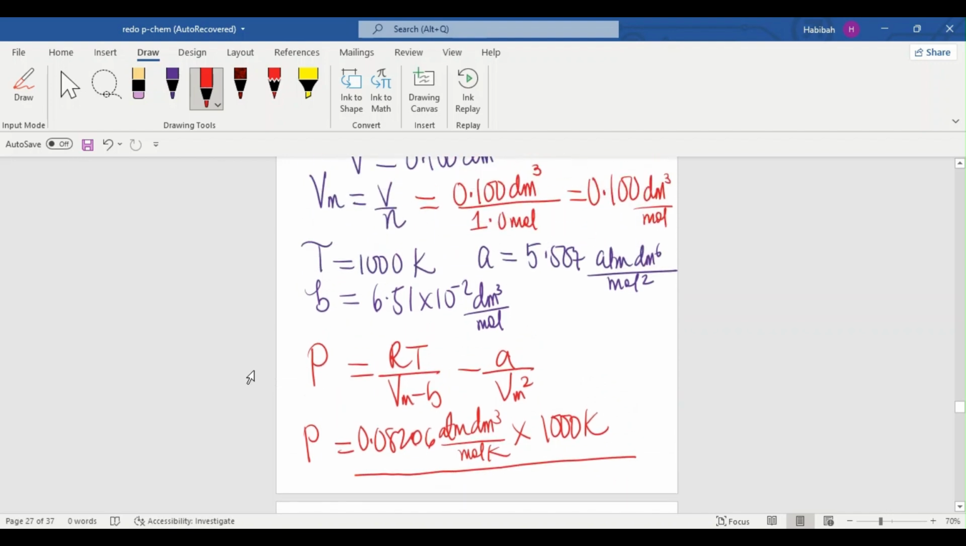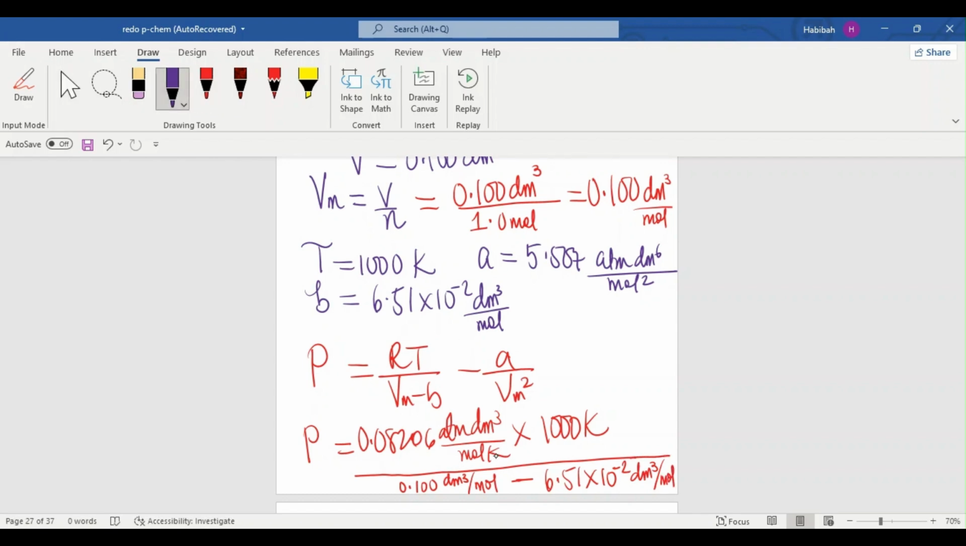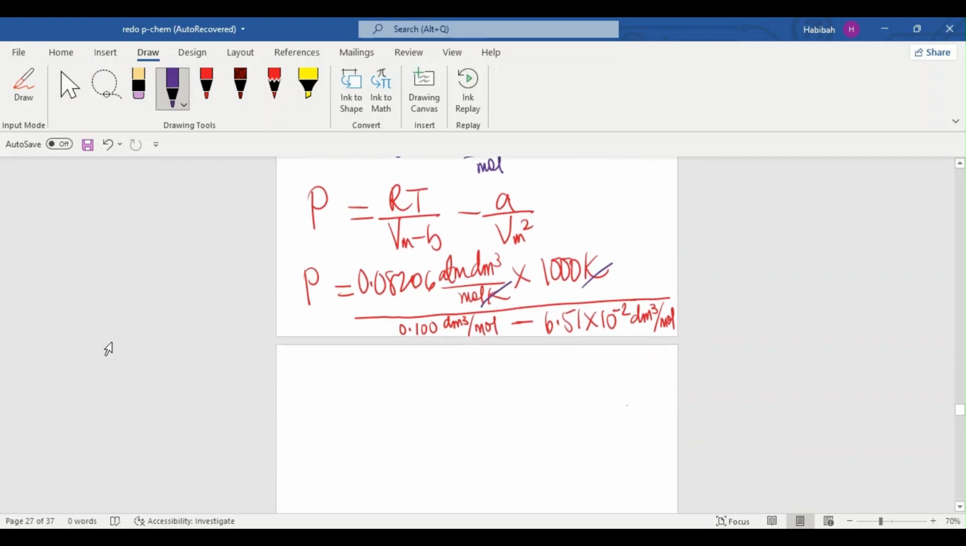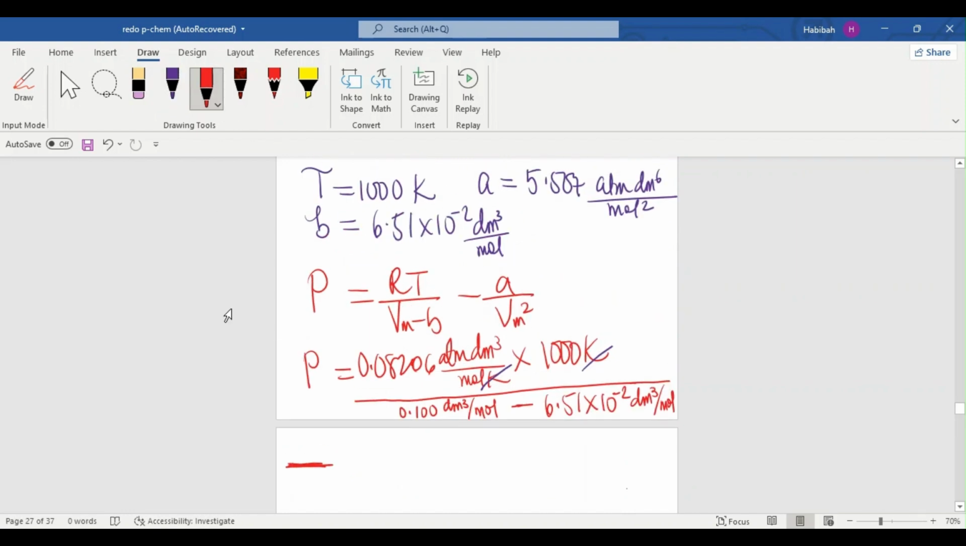So the molar volume, we know that to be 0.100 dm cube per mole, minus B, which is just 6.51 times 10 to the power of negative 2 dm cube per mole. So that's the first part. Of course, to break down our work, let's cancel out the Kelvin. Let's not forget the second part is minus the value for A. We know that to be